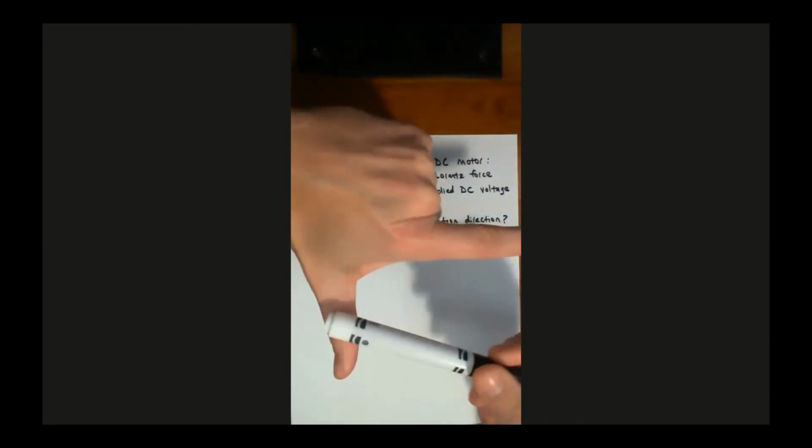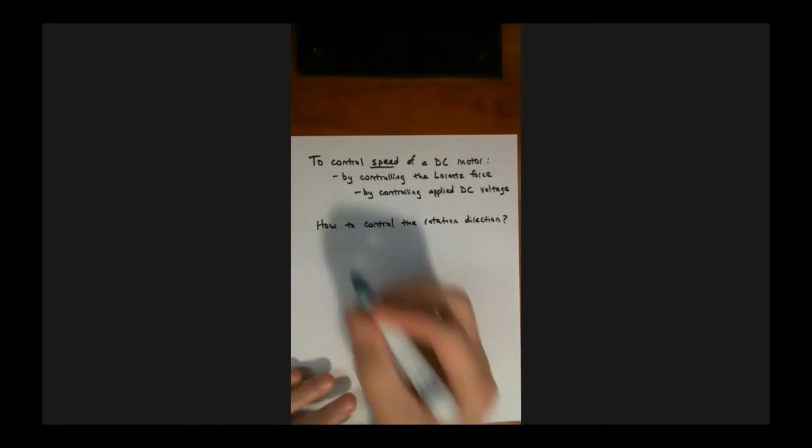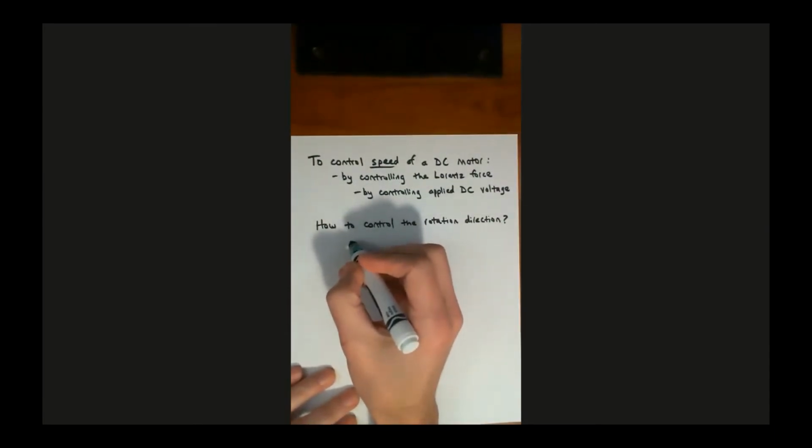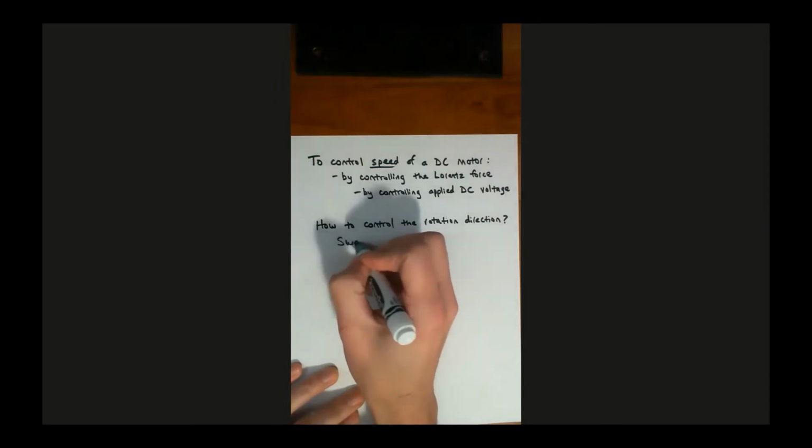Because if I switch the current flow from going down to going up, then I switch the direction of the Lorentz force from this way to this way, right? So the answer to that is you swap the polarity. But we're going to talk more about this in a little bit. I'm going to write this in a way that might not make sense right now, but I'm going to write this in a little bit more specific way. Ultimately, you know you're flipping the polarity of something. But what we're going to say is that we're going to swap the polarity